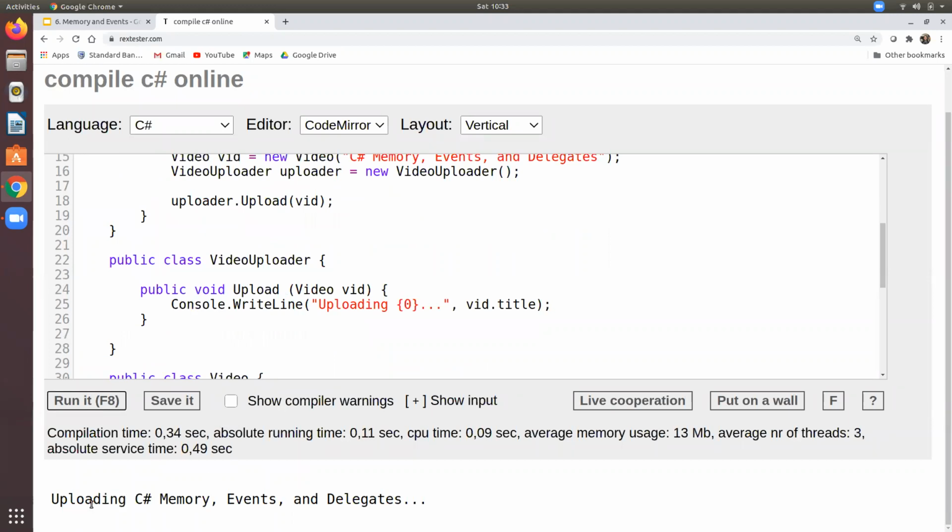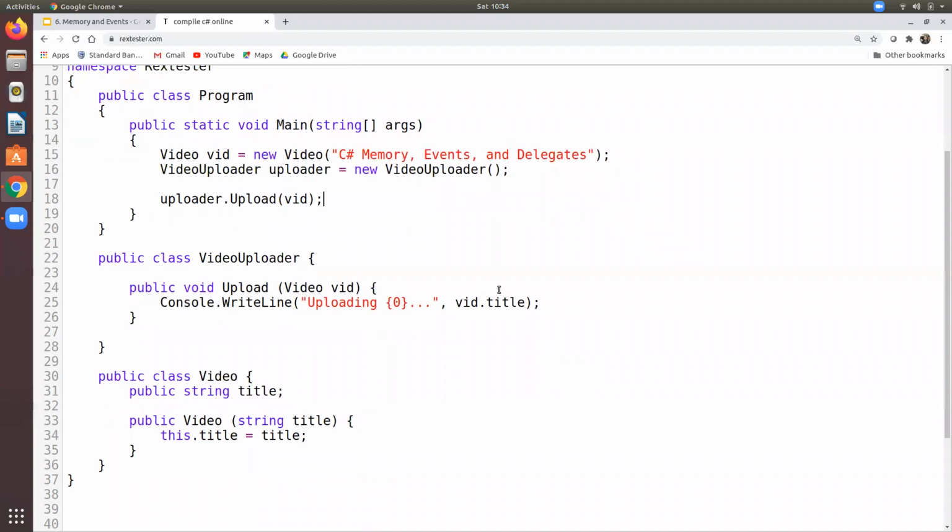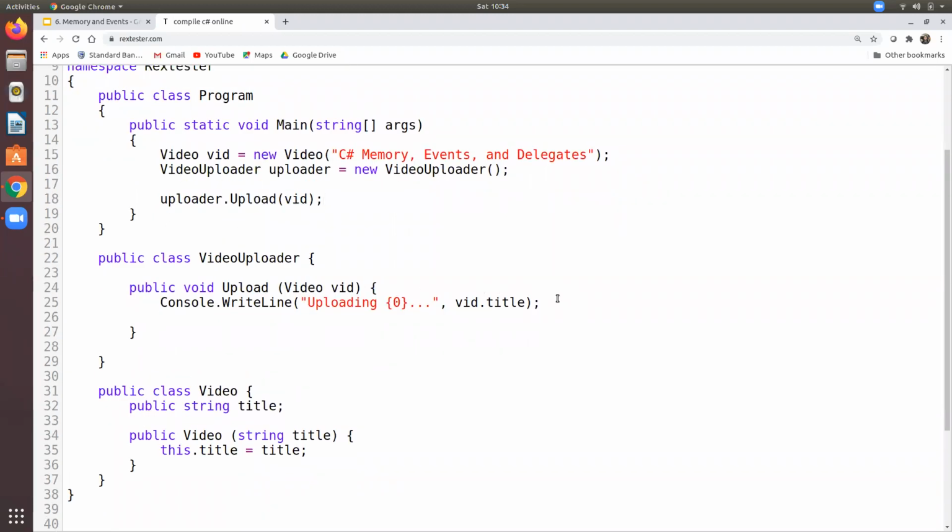Okay, so now it prints out uploading C# memory events and delegates. Cool. So that's a pretty good attempt that we've got there. I do want to see, can we say like,